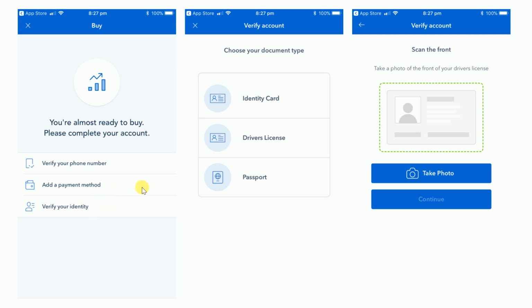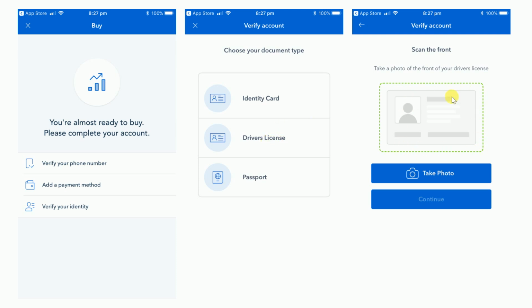The easiest way to go through these steps is just to use your mobile device, particularly with the identification. We've found that trying to use your webcam or poor quality images quite often means that the automated system that Coinbase has will not accept your identification. So mobile is definitely the way to go. For most people, driver's license will be the easiest way to get this step completed quickly. And if you click on that option,